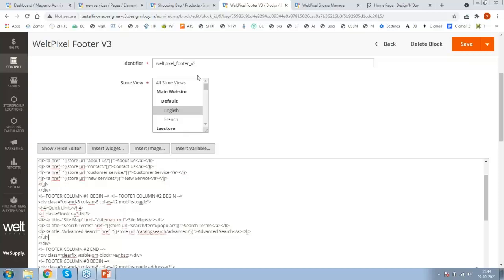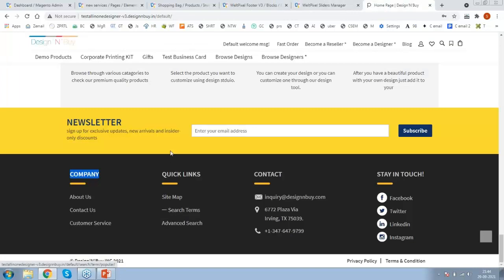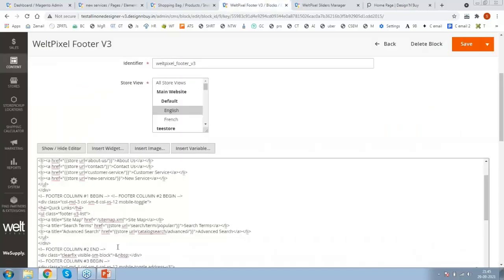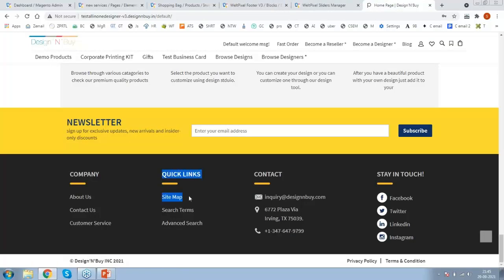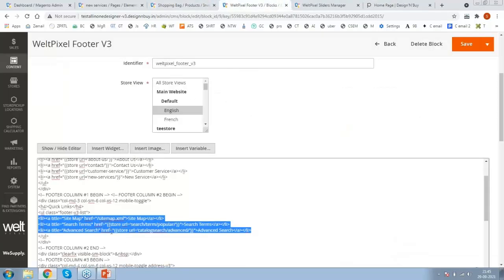I want to put another link. Let's say I don't want to put sitemap or search terms. Instead of sitemap and search terms, I want to show other links with important information of my website, like customer service or, let's say, quotes. Any other link that is useful from my website, I can put over here instead of sitemap or search terms. So simple: titles would be here and your URL should be in double quotes, that is the href here. So these three links or content that are visible here under quick links, we can change here only.